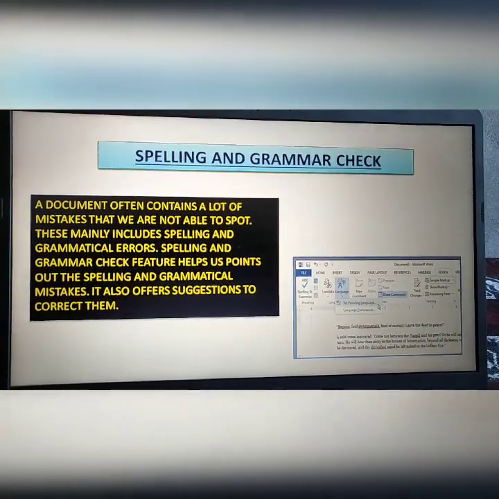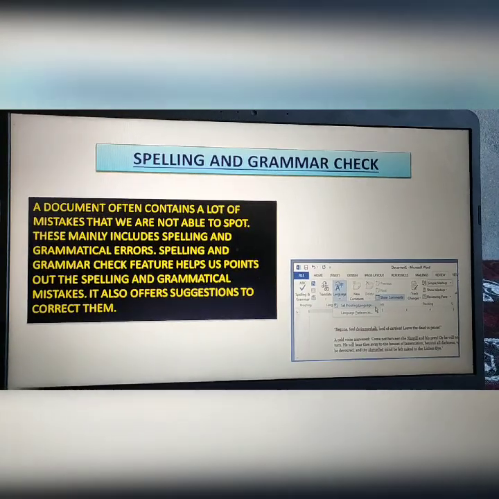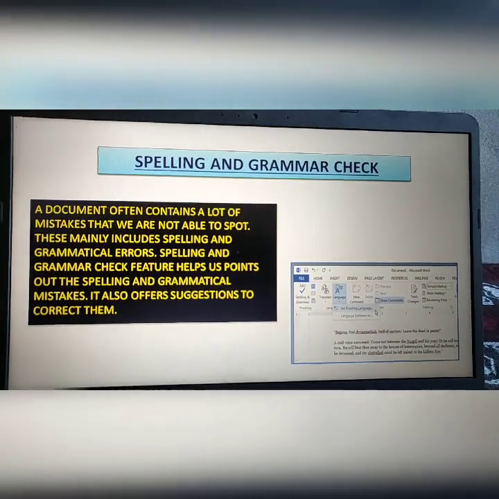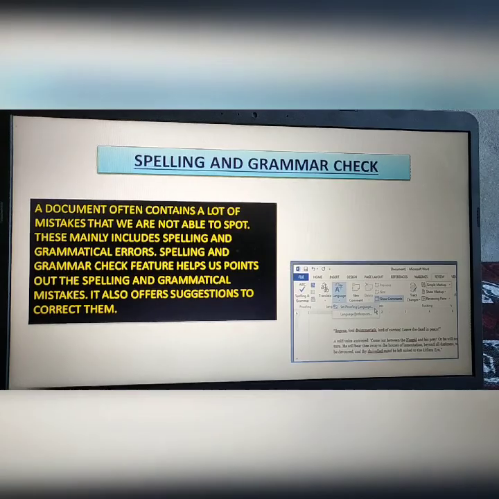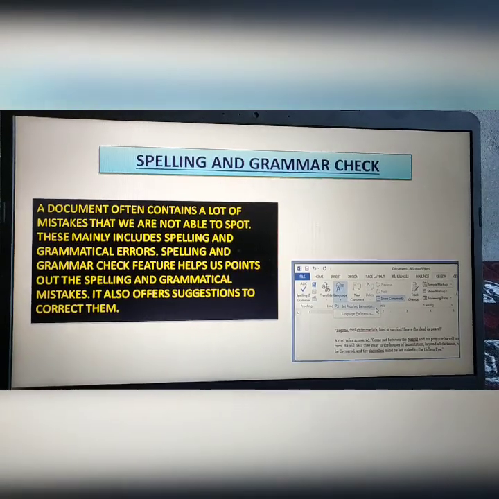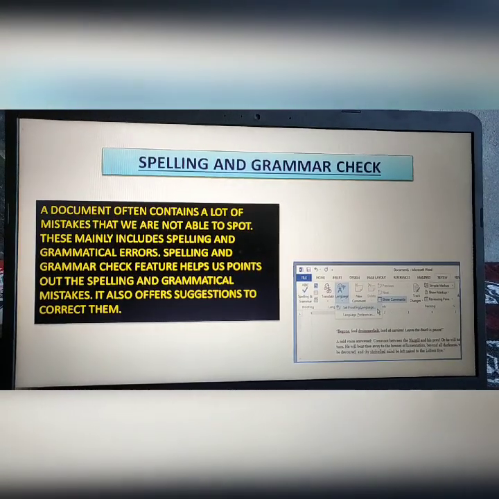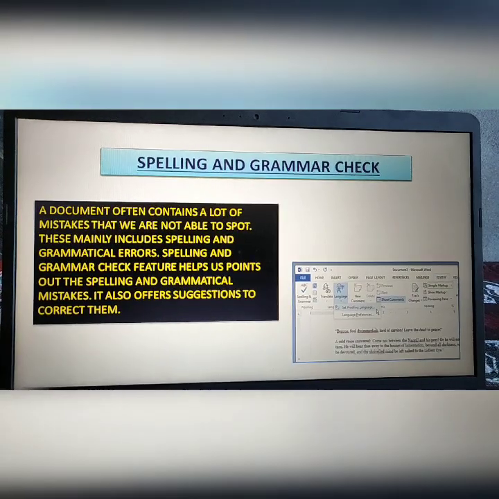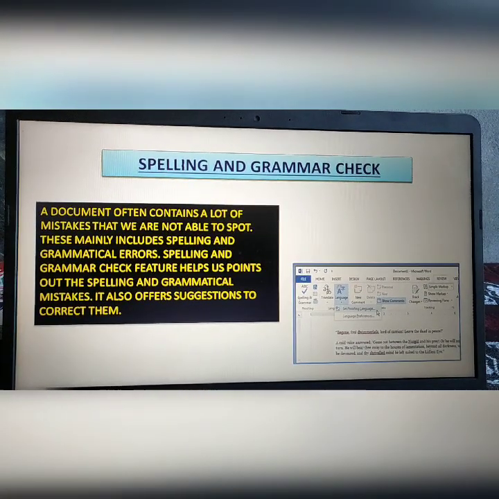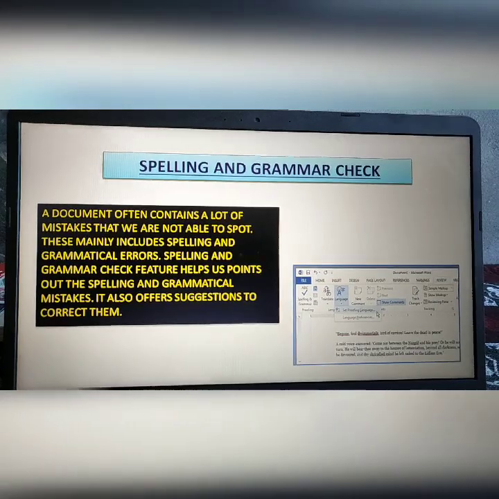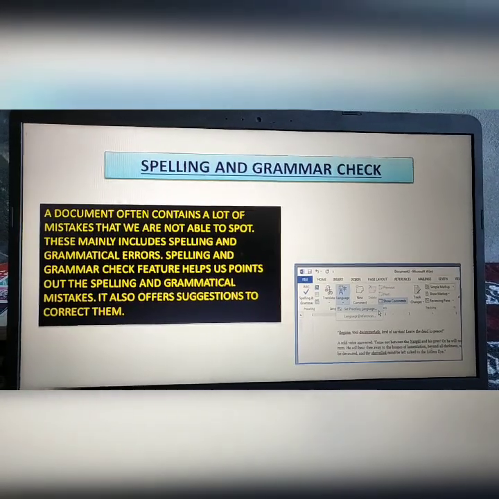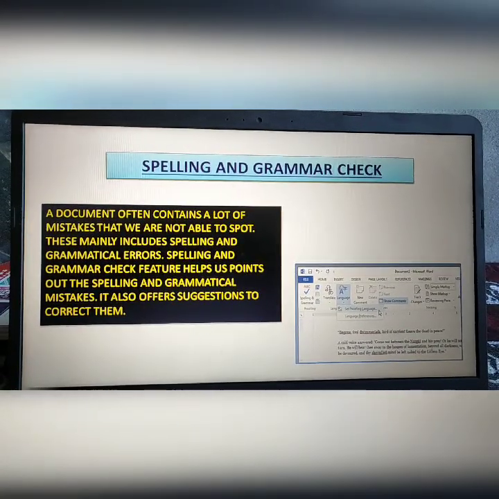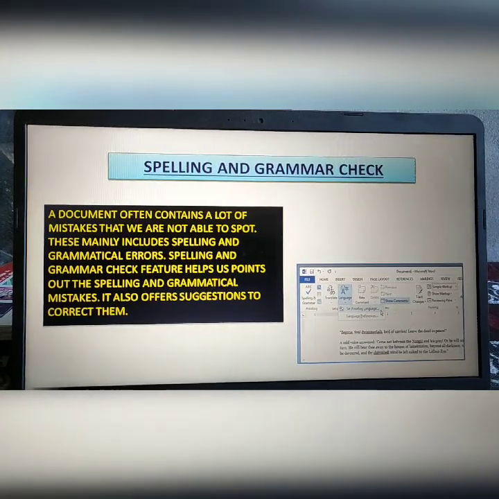So Microsoft Word 2013 has a wonderful feature, that is spelling and grammar check. This feature helps us not only point out spelling and grammatical mistakes, but also offers suggestions to correct our document.